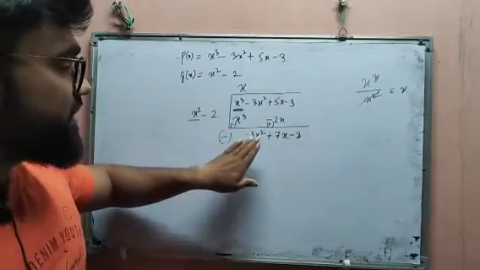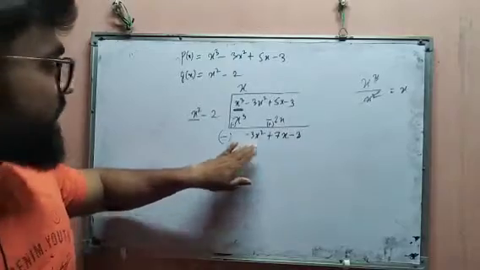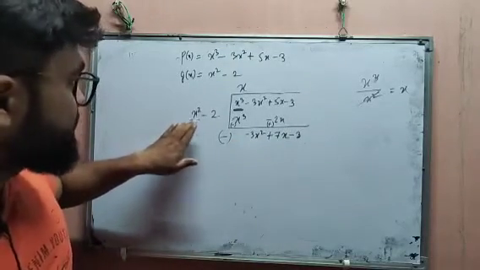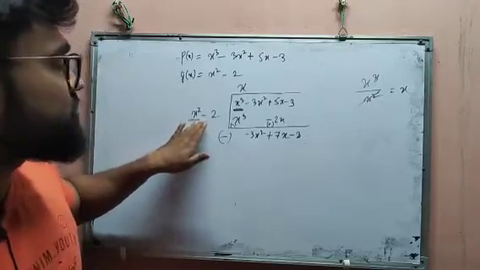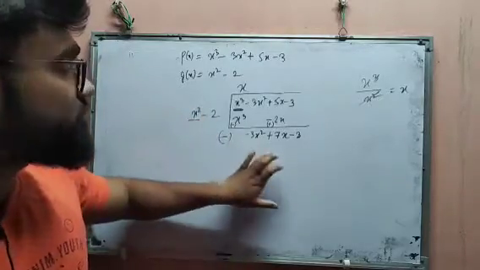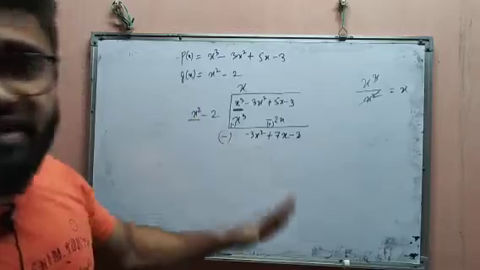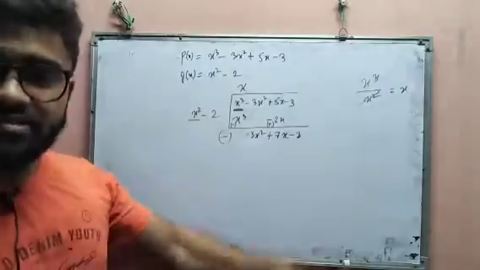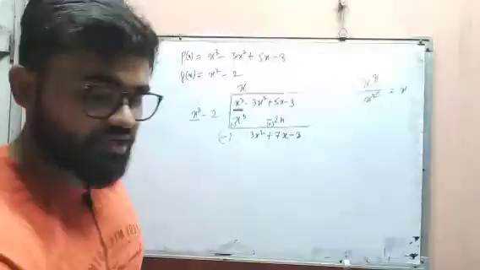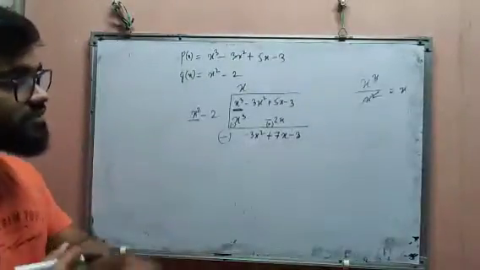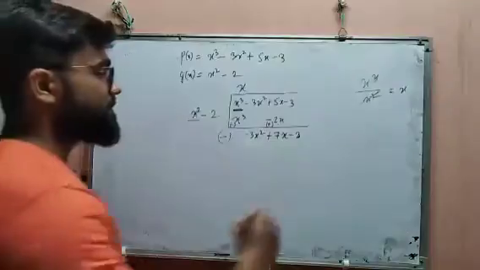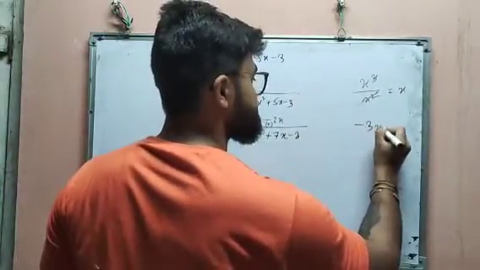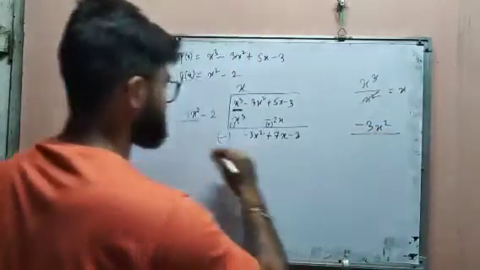Now we need to check: this is the remainder, and its degree is 2, and this is the divisor, whose degree is also 2. If the degree is equal or greater, then we can divide, but if the degree becomes smaller than the divisor then we cannot divide. So this is x square and this is also x square, so we can divide. How to do it? Minus 3x square divided by